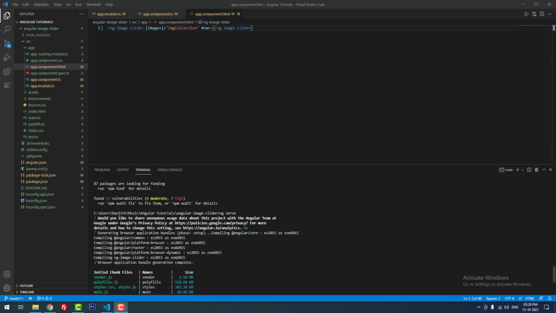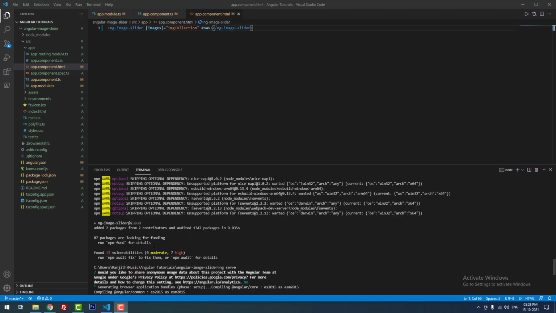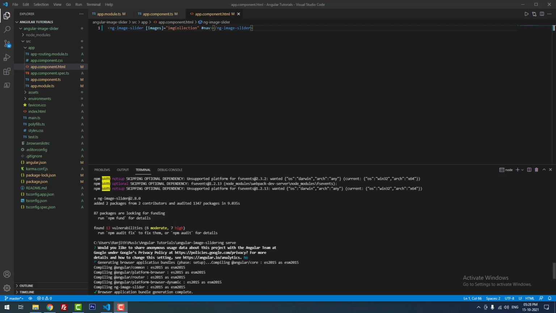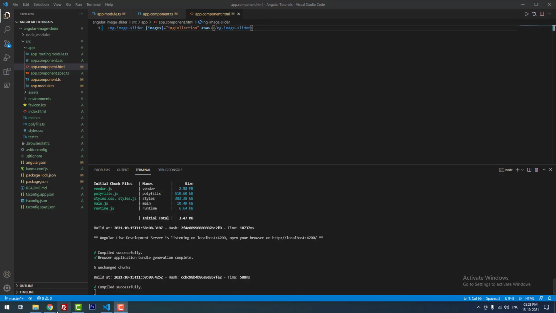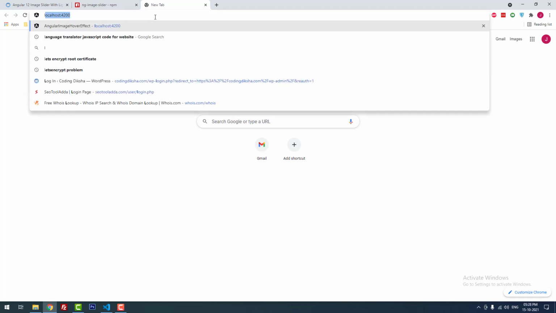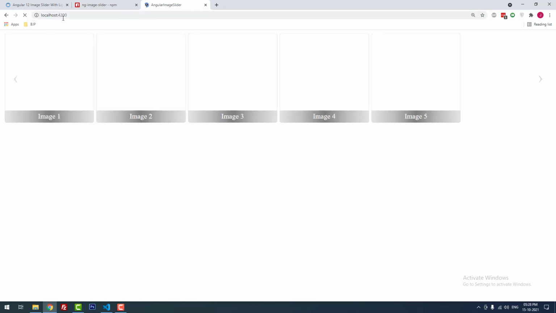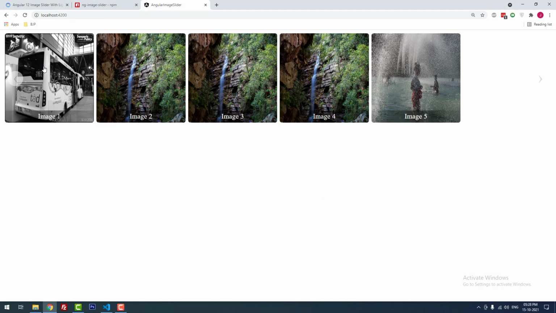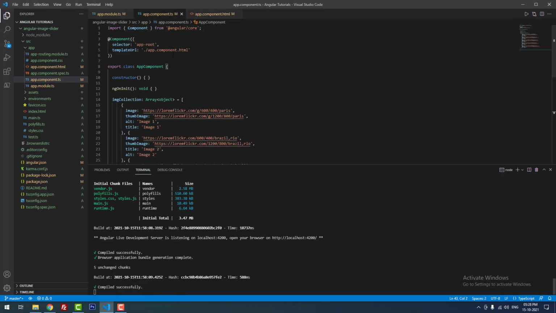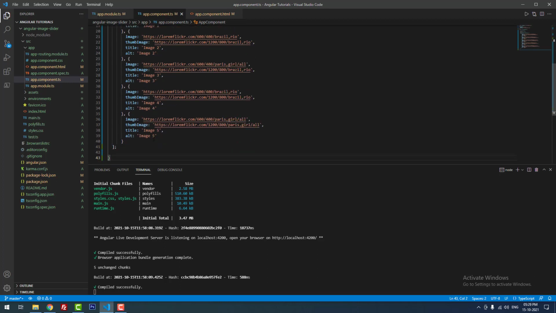It will open the project in my browser as soon as possible. Oh, actually I forgot to provide the open option in the command, ng serve space --open. No problem. Now I am going to open the project manually, localhost. Yeah, as you can see that the images are showing. There is a slider here. Actually there are only 5 images, so there is no sliding functionality available. When you add so many images, you can see the sliding functionality. You can add as many images as you want here.